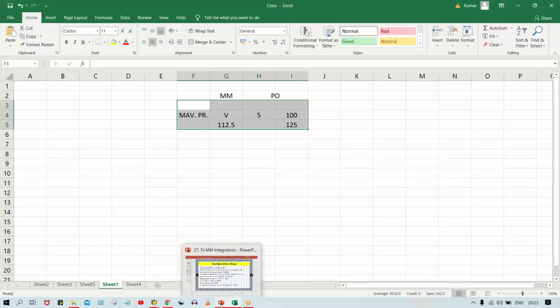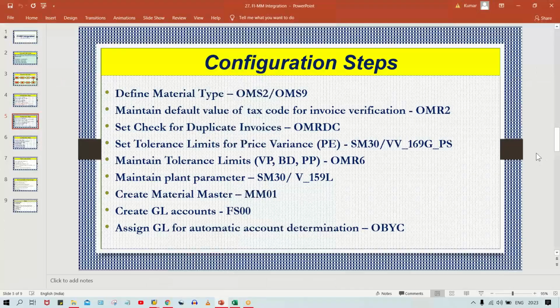Those tolerance limits we are going to define, because this is a mandatory setting, guys. Without that, the system will not allow you to proceed further for PO creation. That is why we are going to do this setting. If you are able to understand this logic, it's okay. Even if you don't understand this logic, also okay, because this is not our activity till now. Whatever things we have done, these all things will be done by your counterpart, that is going to be done